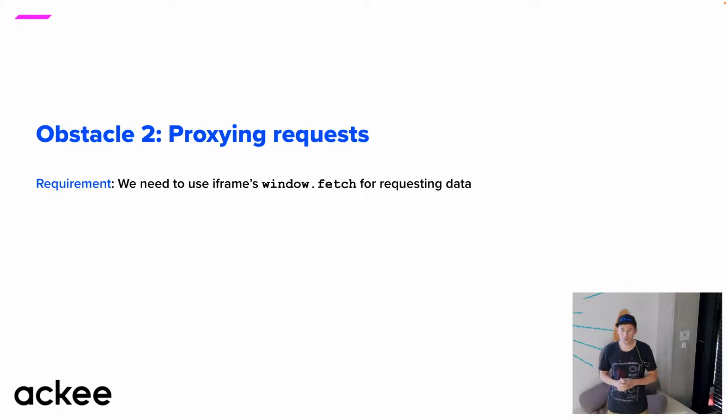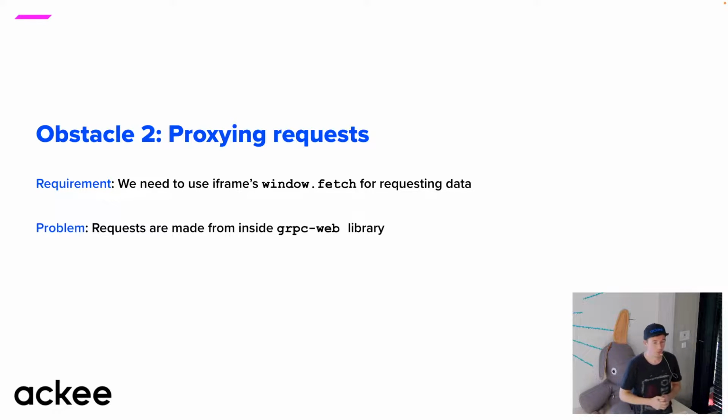We need to use the iframe's fetch, because in that case we're not using XML requests, we're using the native fetch API from the browser. Those of you who are web developers know fetch. But we can't use the web application window's fetch. We need to use the iframe's window fetch. How to do that? That was the problem, because